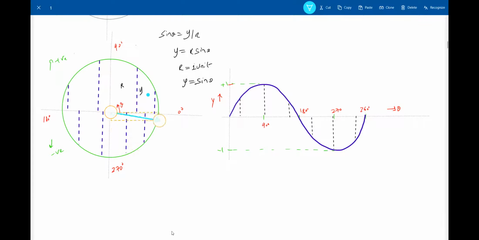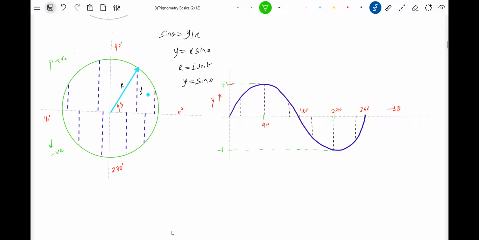What is the expression for the height of the triangle? The height of the triangle is given by this one. You see how it varies: sine of angle theta. So how do we explore this? y equals sine theta. What do you mean by that? What is this? The height of the triangle. This is the theta, angle theta. So as you vary theta, the height of the triangle varies sinusoidally, and the curve response will be of this kind. Able to understand?